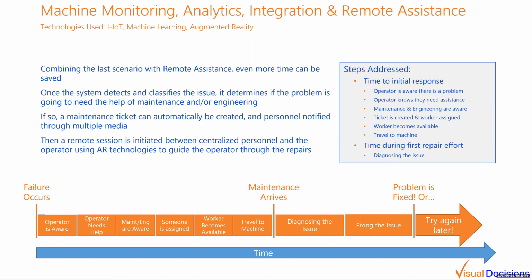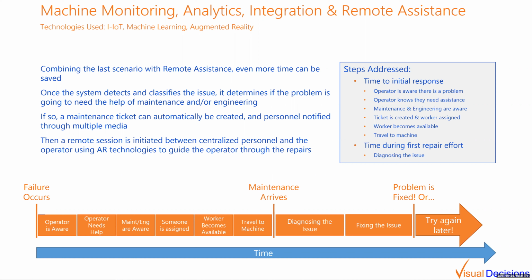And maybe instead of assigning a worker within the maintenance department to go out to the machine, maybe this is something where they're able to provide remote assistance to the operator, and have the operator actually make that repair, but with the expert guiding them through that process. In a case like this, they can use their smartphone, or you could have glasses close to the equipment and so forth,